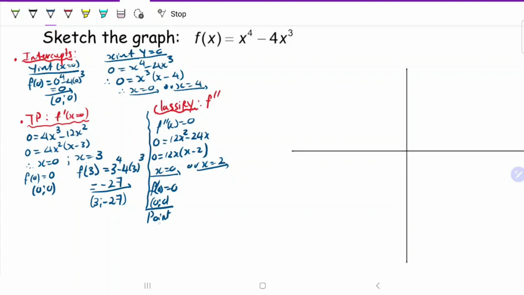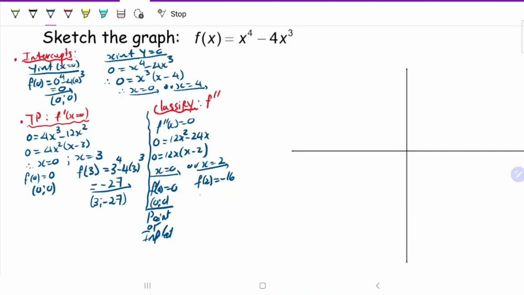Right? It is a point of inflection. Point of inflection, and it is also a turning point, and it is also an x-intercept. And then let's see if we can get what f of 2 is. So we get that f of 2 gives us that,